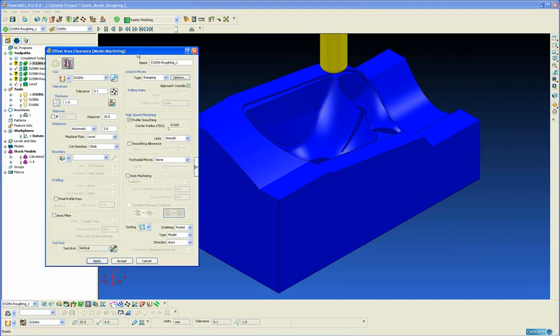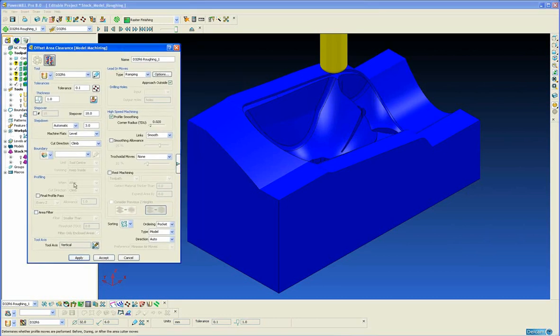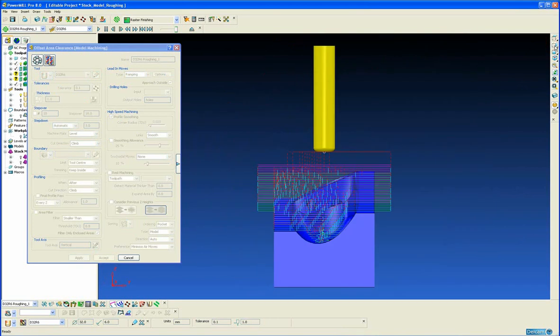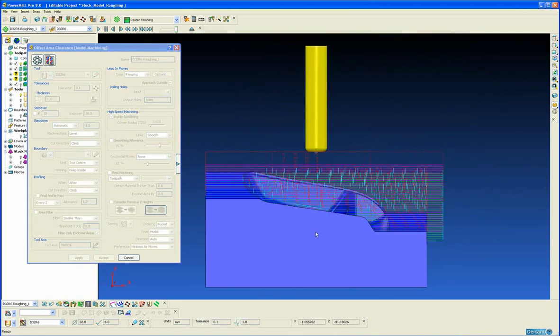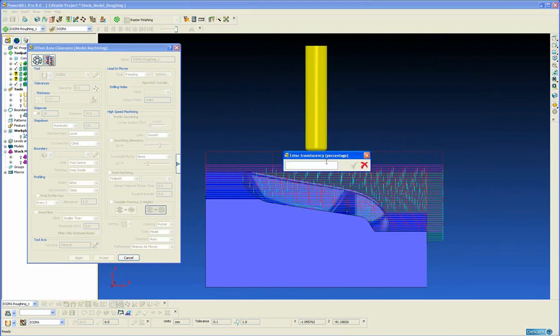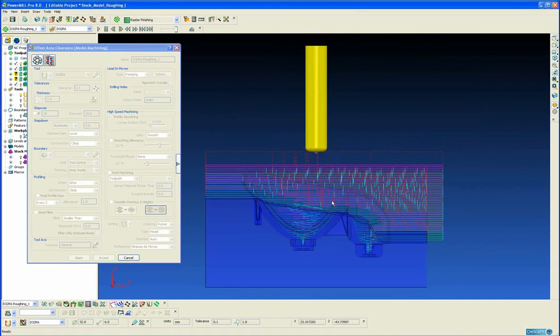The area clearance strategy form includes a parameter called area filter. Now, it is extremely important that we understand what this area filter does and how it works. If we take the example headlamp mould on the screen and we rough out this part without using the area filter,